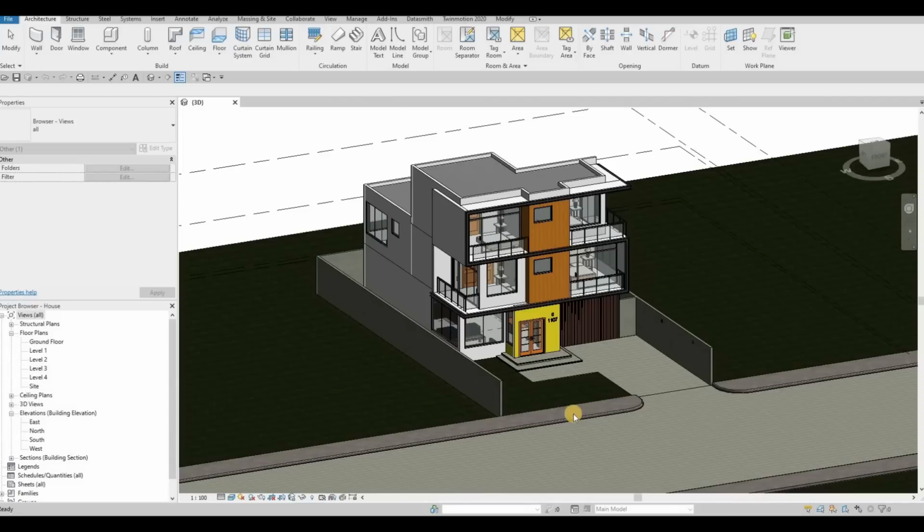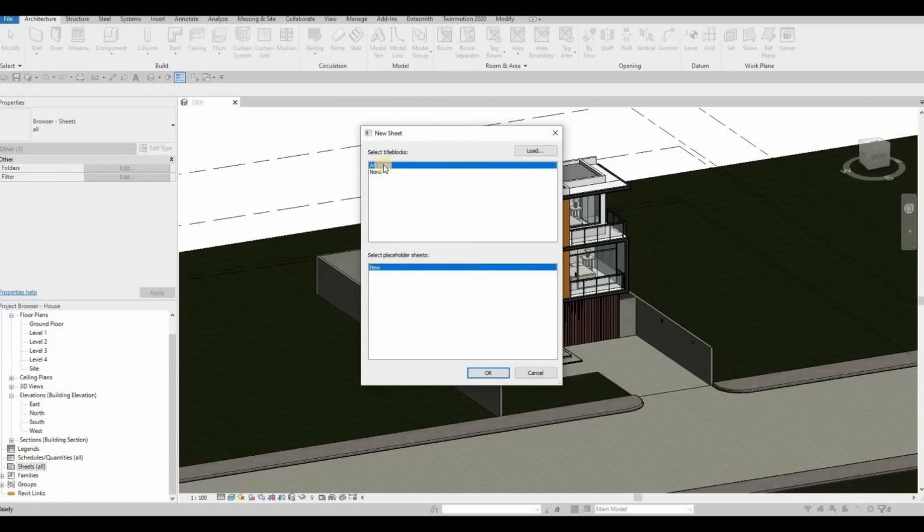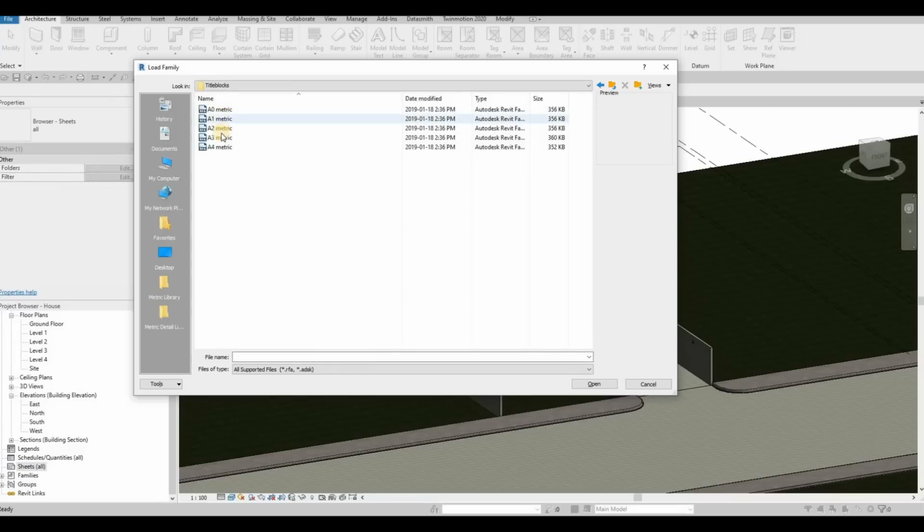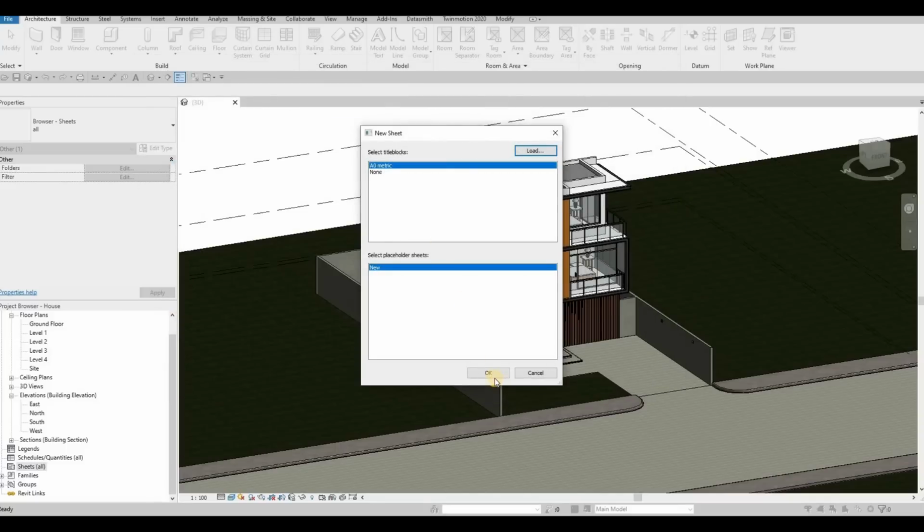So in the last video, we were able to finish our model. Now we're gonna continue working on this by, I'm gonna show you how to create the sheets. So first thing we need to do is go to our sheet under our project browser, right click, and then new sheet. We have asymmetric already loaded, but I'm gonna show you where you can find other title blocks. So we have different kind of sizes for the title block. It's right here. So I'm gonna use asymmetric,